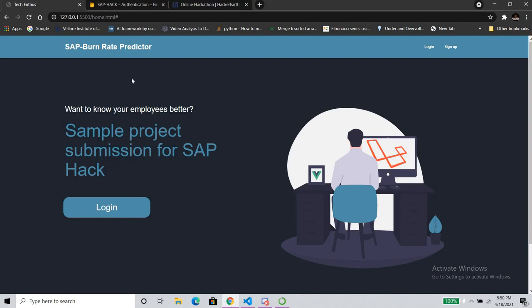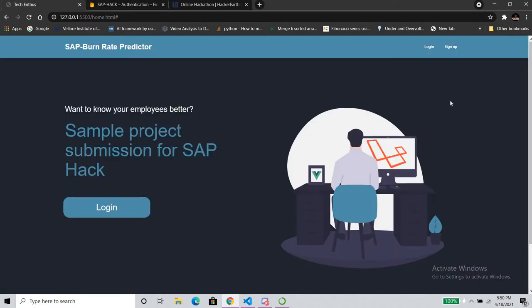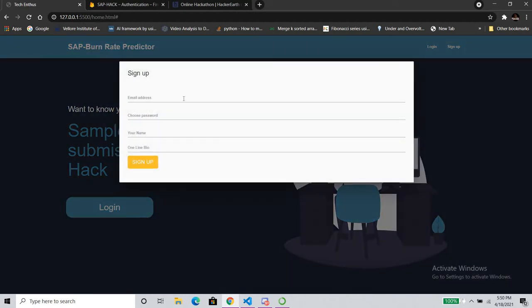We have made this website using HTML, CSS, and JavaScript, just the very basics. And for the backend of this website, we have used a very recent technology called Google Firebase, and the authentication is done by Google Firebase. As you can see, these are the registered users in Google Firebase. I'll be showing you right from the start how this website looks and how anyone can very easily operate it. So let's see the sign up process.